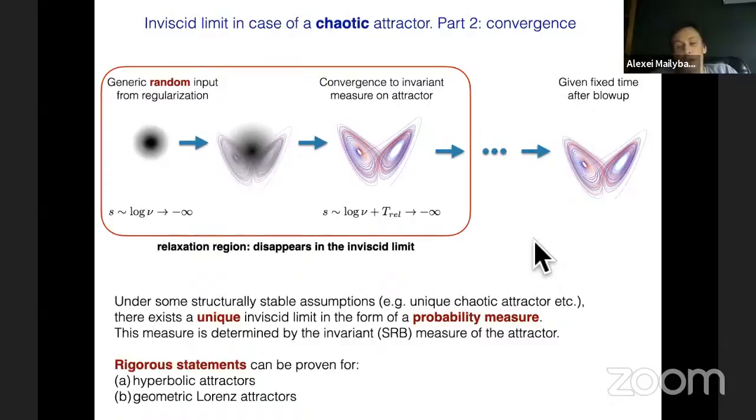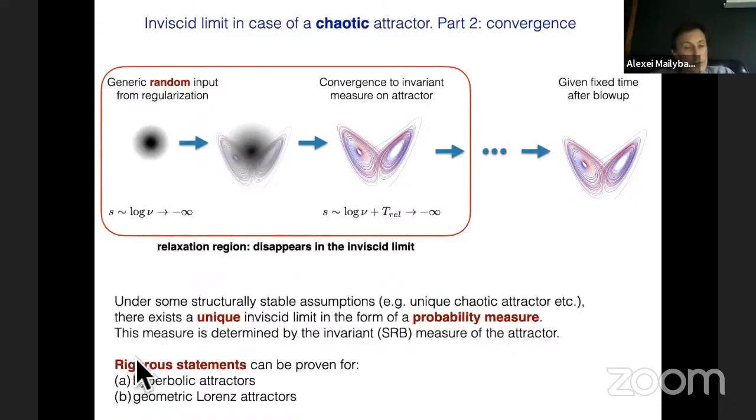But what is important is that this kind of limit gives you the concrete probability distribution at every finite time. So at every finite time, your system is at some point in the space with a certain probability distribution, and this probability distribution is uniquely given by the measure of the attractor. So it does not depend on the regularization. Regularization is just a way to recover this information, because the attractor is a property of the original singular system. So the original singular system already knows how it will distribute probabilities.